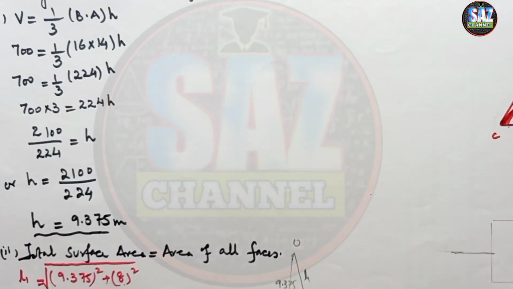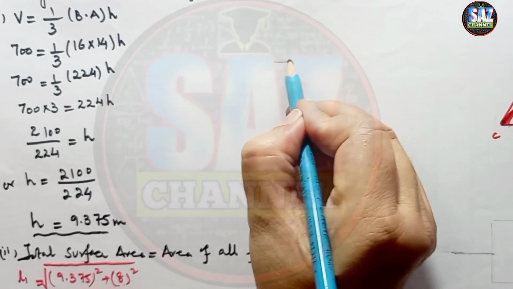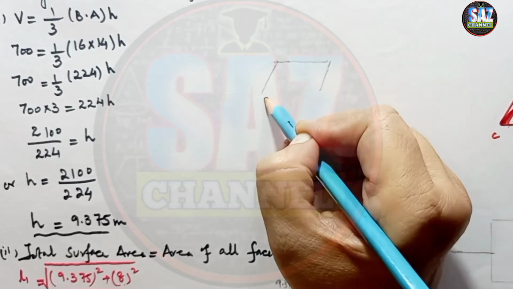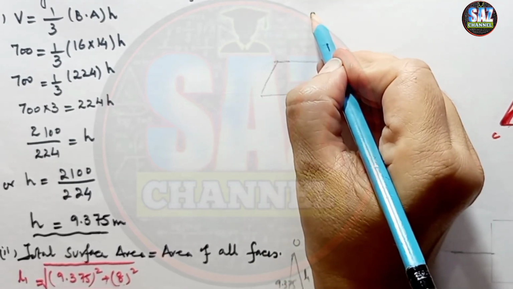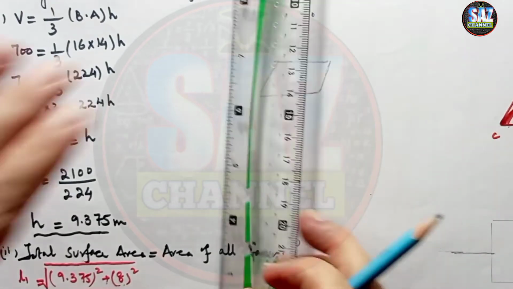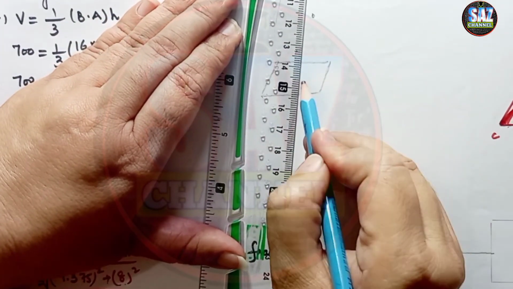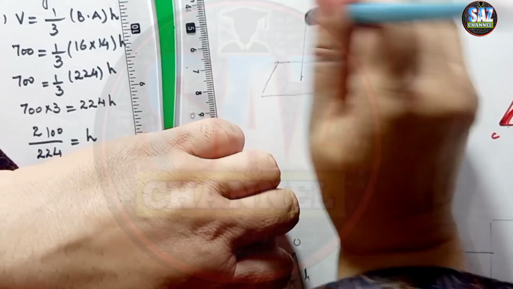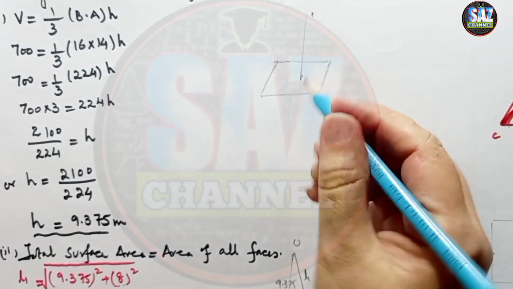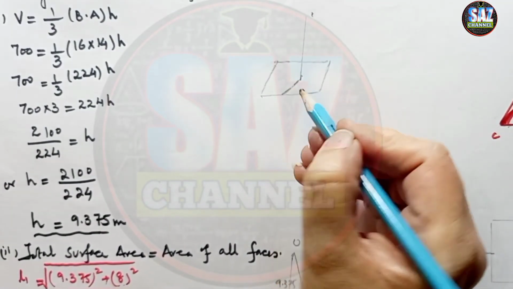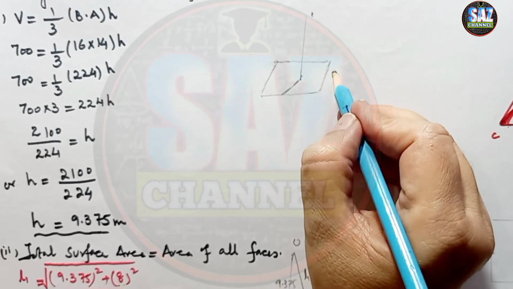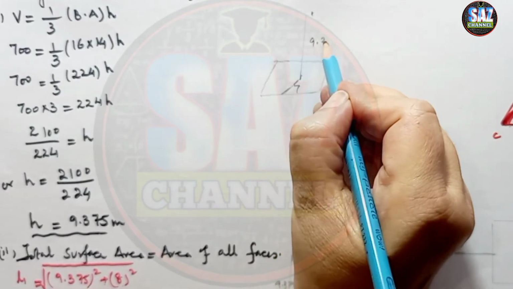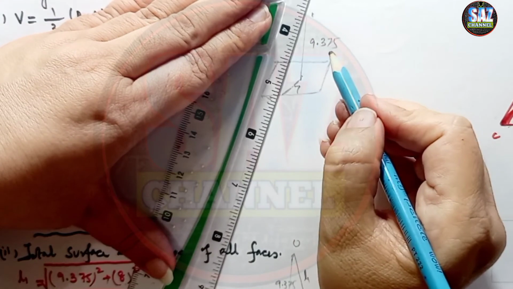Okay, now if I'm making the triangle in this way, okay, let me draw the figure here. Let me draw the figure so that my students can understand it easily. This is a vertex. From the vertex we have to drop the height, and that is meeting at the midpoint of the base. Let me remove this dot because that was not right at the top of the midpoint. And now from this point I have to move in this way. This side is parallel to this 14 centimeters, so it will be 7, and the height we already have calculated, 9.375, and now we have to find L2 height.